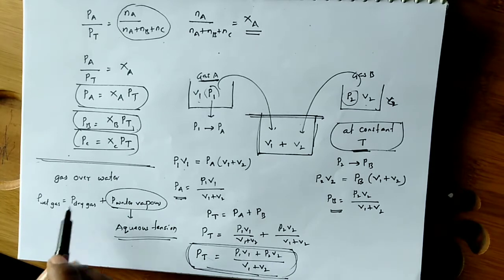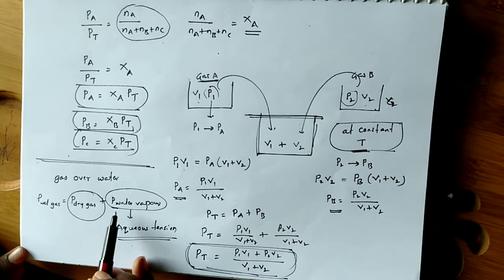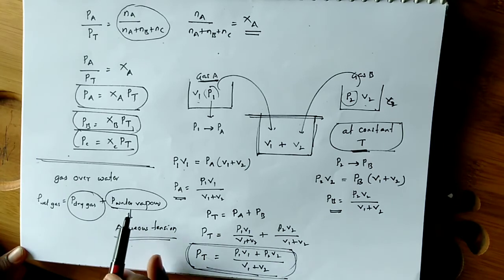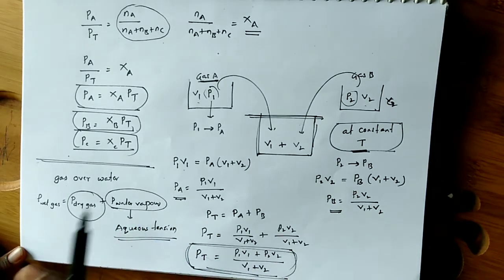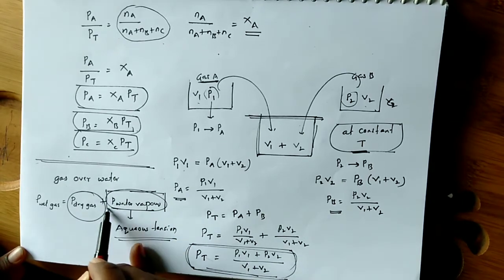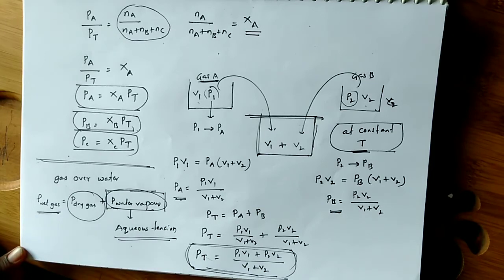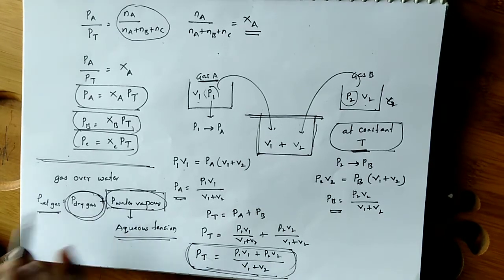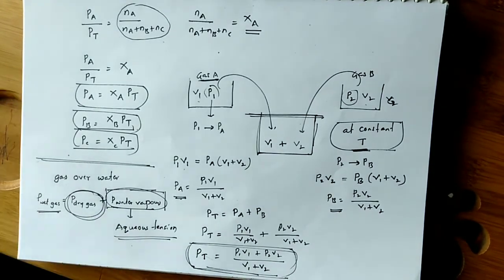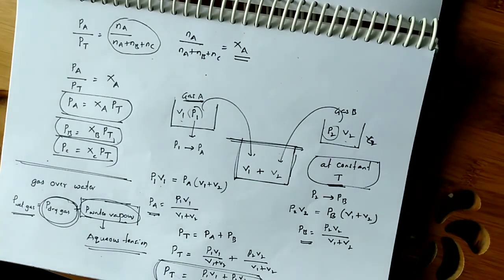So always in calculation we have to take the pressure of dry gas only. We should not take the pressure of wet gas in calculation. Whatever the aqueous tension is, when the gas is collected over water, they will mention it in the numerical problems. We have to subtract it from the total pressure of wet gas, then we must consider only the pressure of dry gas. So this is about Dalton's law of partial pressure.